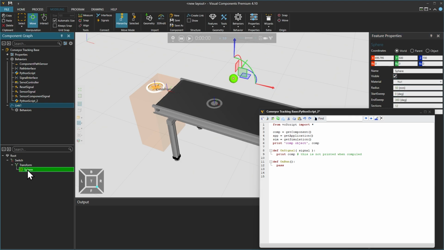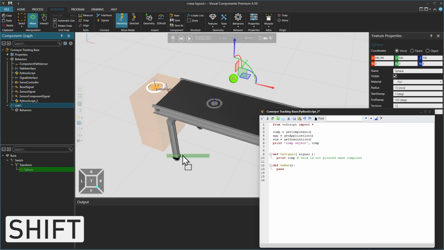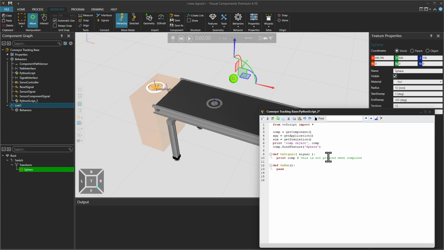First, we need to get the handle of the sphere feature. To get the handle, we can simply drag and drop elements from the feature tree in the component graph panel into the editor. So let's do that for the sphere. Or holding the Shift key, when we drag and drop elements, we can get a smarter getter code for that same element. Now let's use this getter code and then save the object into a new sphere variable to access it later. Make sure the line is declared after the component handle on line 2 in this script.